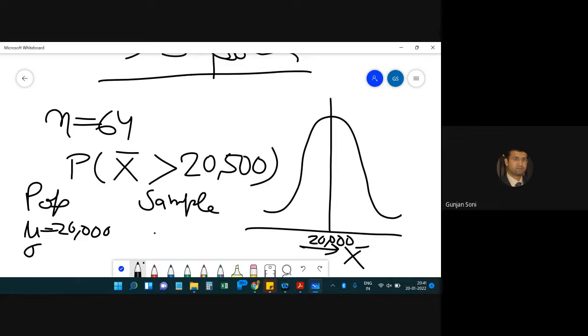For the sample, what is it? Same thing: x bar is equal to mu for the sample as well. X bar equal to mu for sample as well. Okay, so